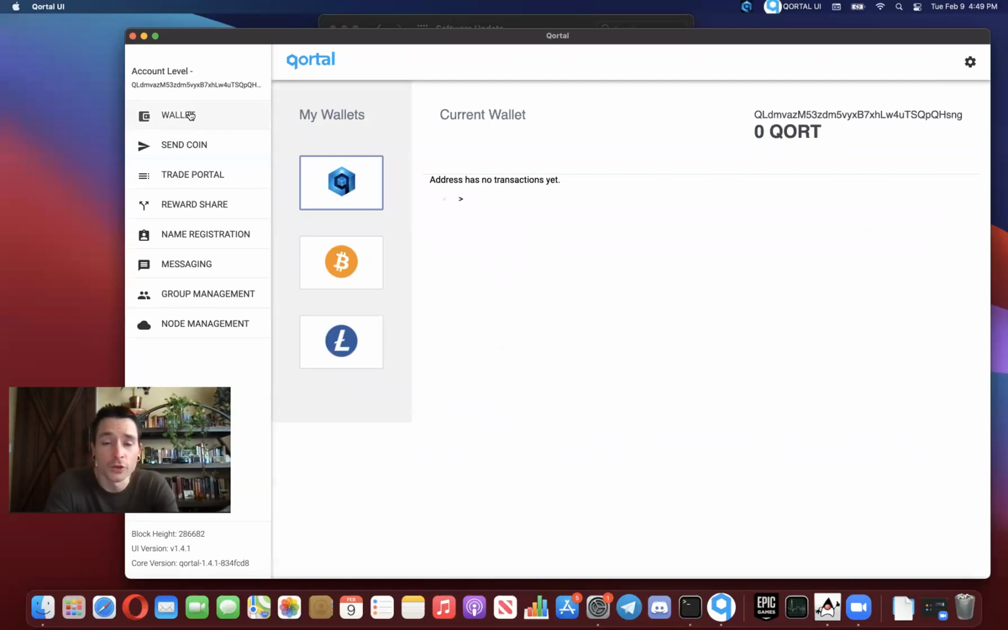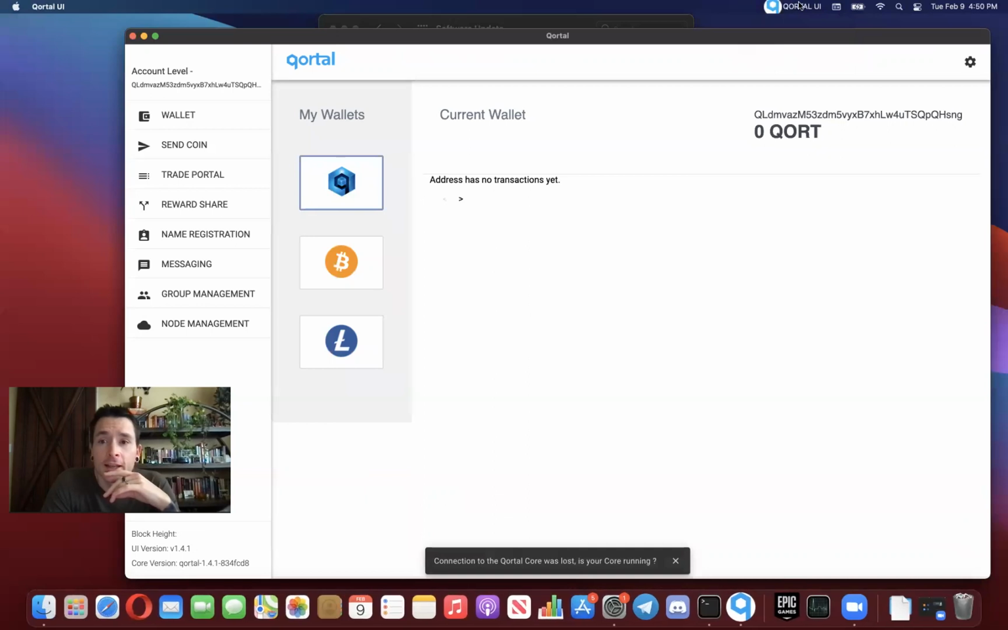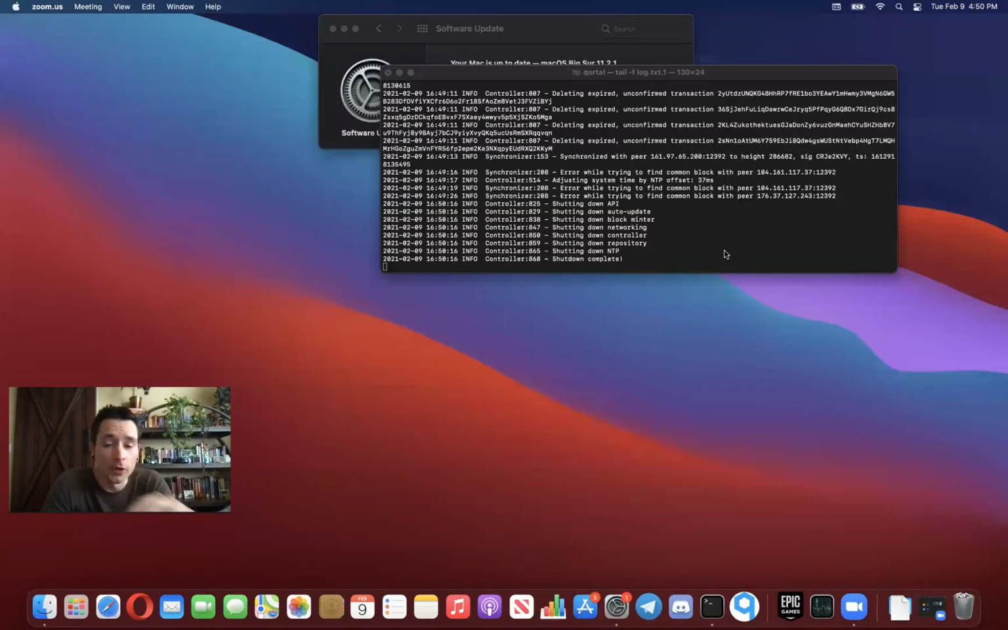Now, if you get stuck where your height is not moving at all for like a 5-10 minute period, then you might want to think about restarting your core. And to restart your core on a Mac, you can right click this icon up here and click exit, and you'll do the same thing up here. You'll click this icon and quit to quit the UI completely. Then to come back into your terminal,